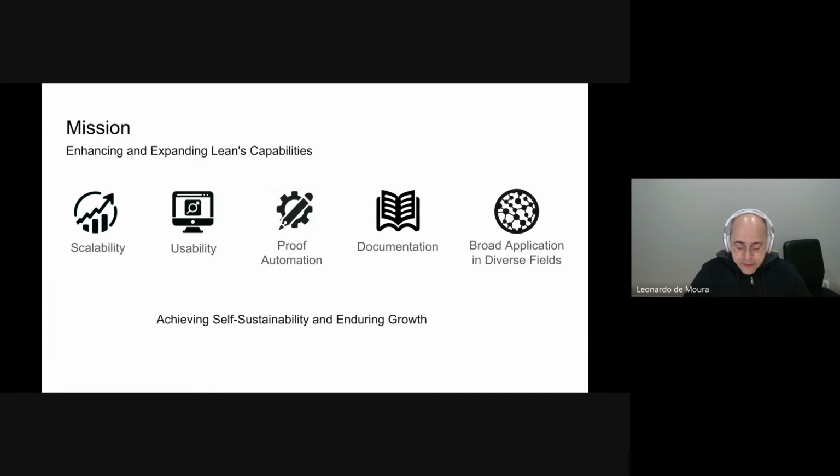After we transition to the foundation model, some of the developers will join corporations that are benefiting from Lean. This is very similar to what we see in other projects like Rust and Linux. There are Rust developers in many different companies. We want the same for Lean. This is the only way to have a healthy ecosystem where the developers are spread over many different corporations.